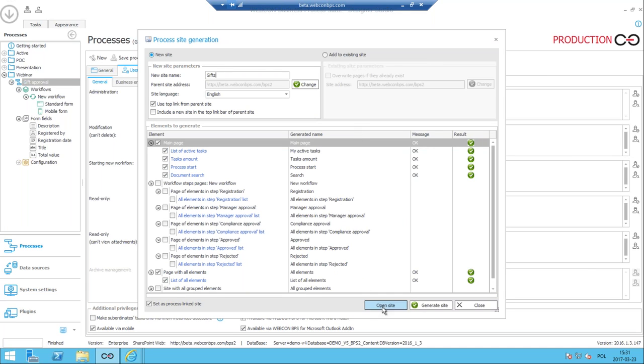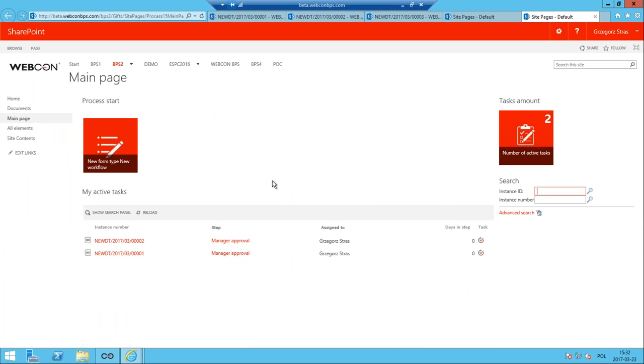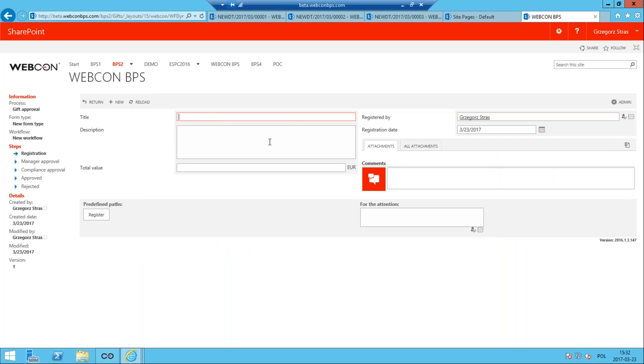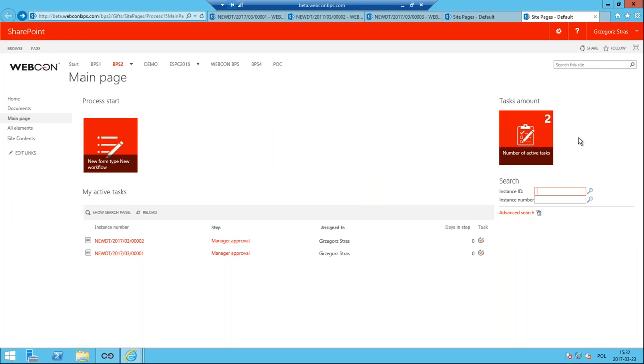All right, so the site is generated. Let's open it up. And so here are these things that I talked about just a moment ago. Here is the button for starting a new workflow instance. This is exactly the same thing as starting it from Designer Studio. It just launches a brand new workflow instance in the registration step. A task counter, which will count tasks, and here is the bread and butter web part, which is